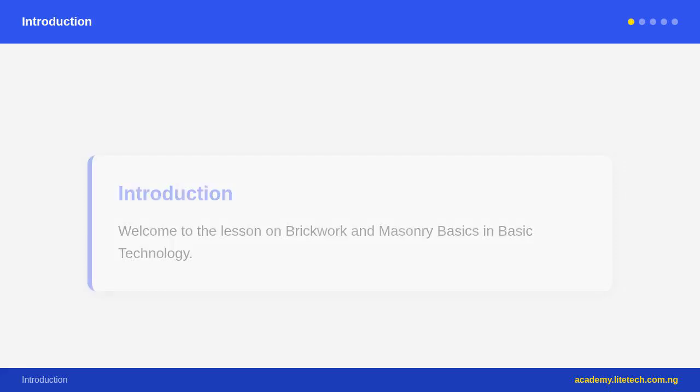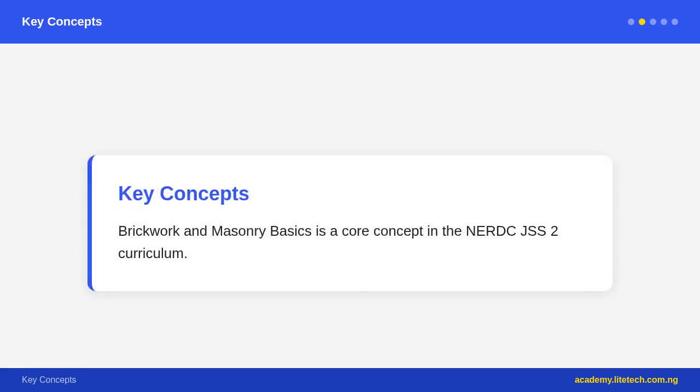Sandcrete blocks, called cement blocks in everyday Nigerian usage, are made from a mixture of cement, sand, and water, cast in metal molds. After setting and curing, these blocks are used for wall construction throughout Nigeria. Sandcrete blocks are much more common than clay bricks in modern Nigerian construction because they are made locally and cheaply